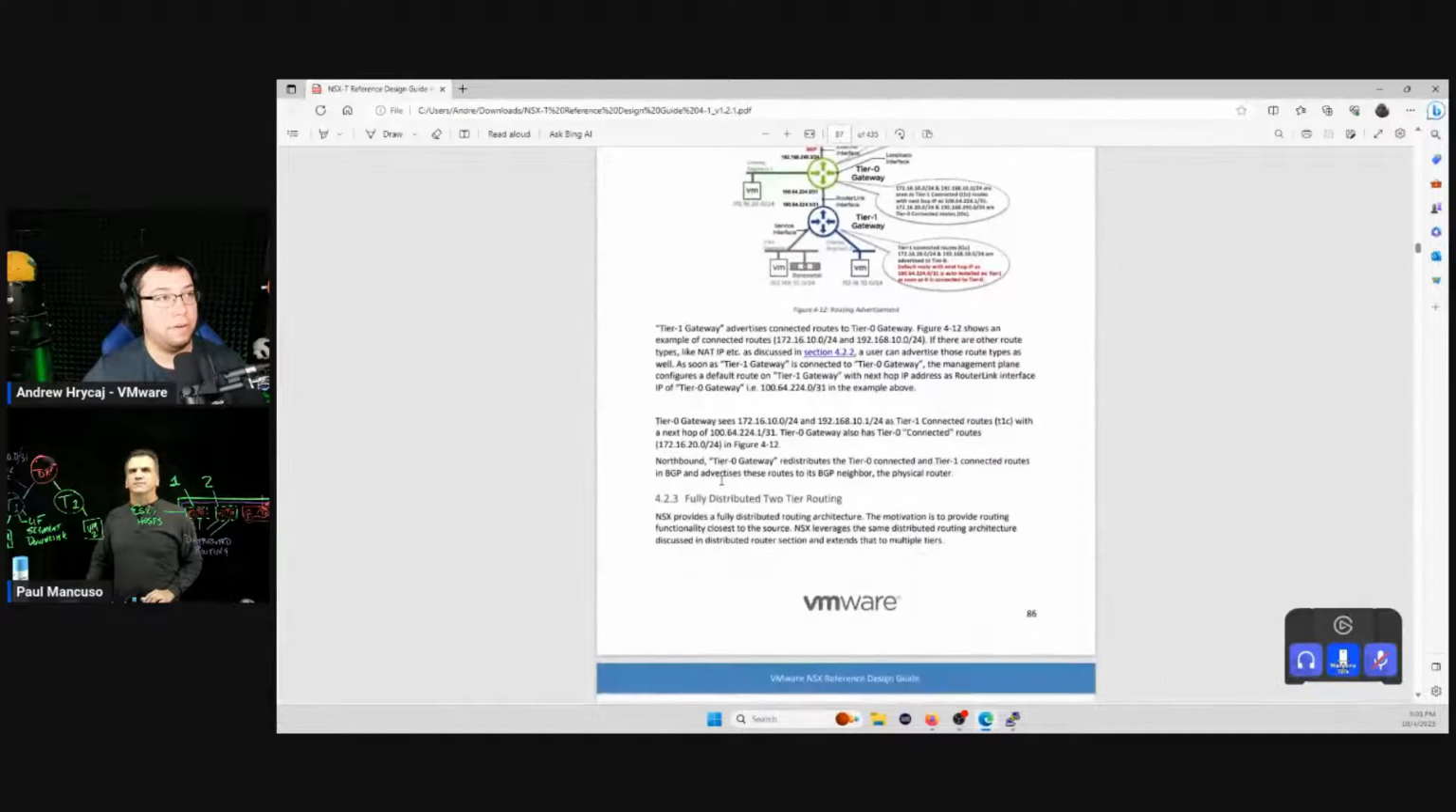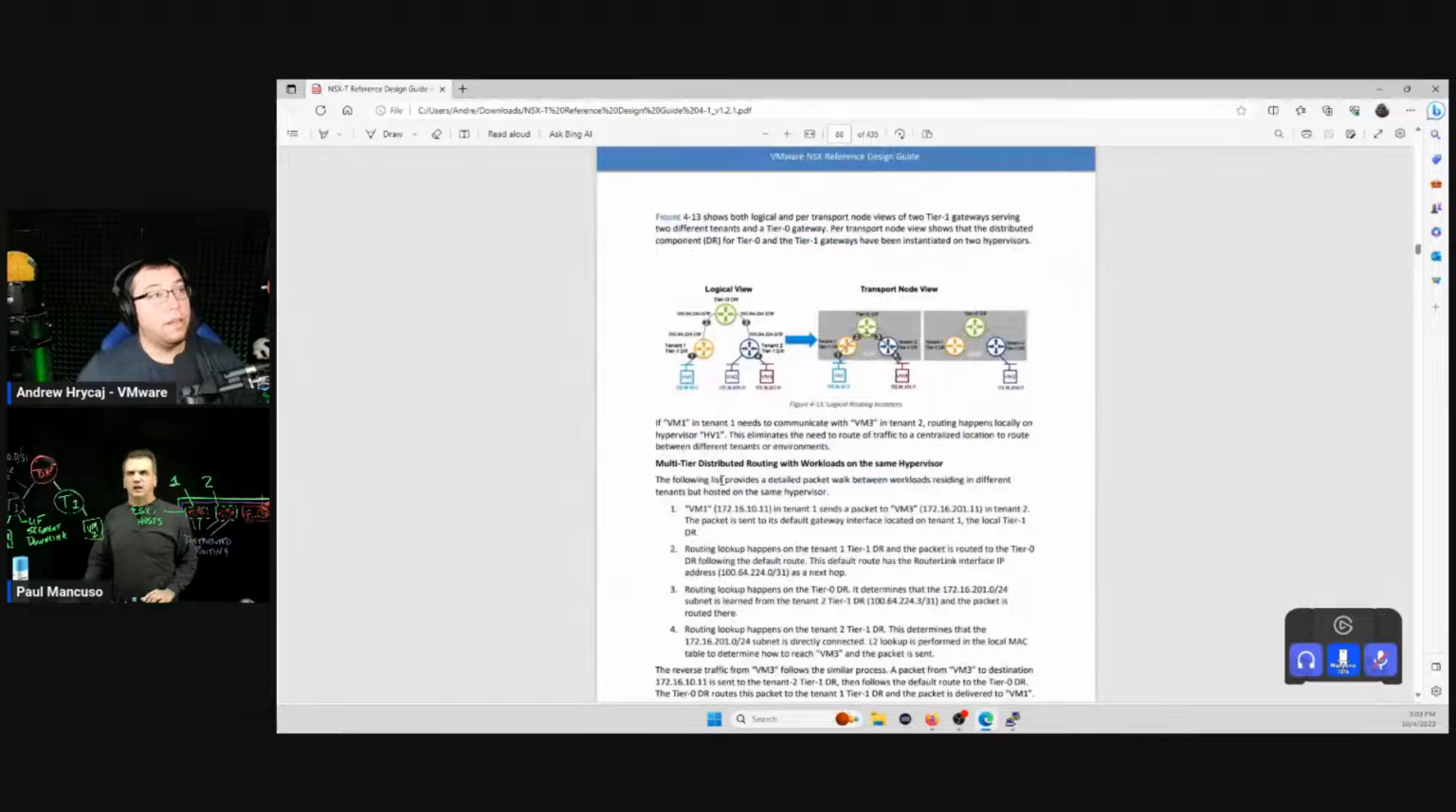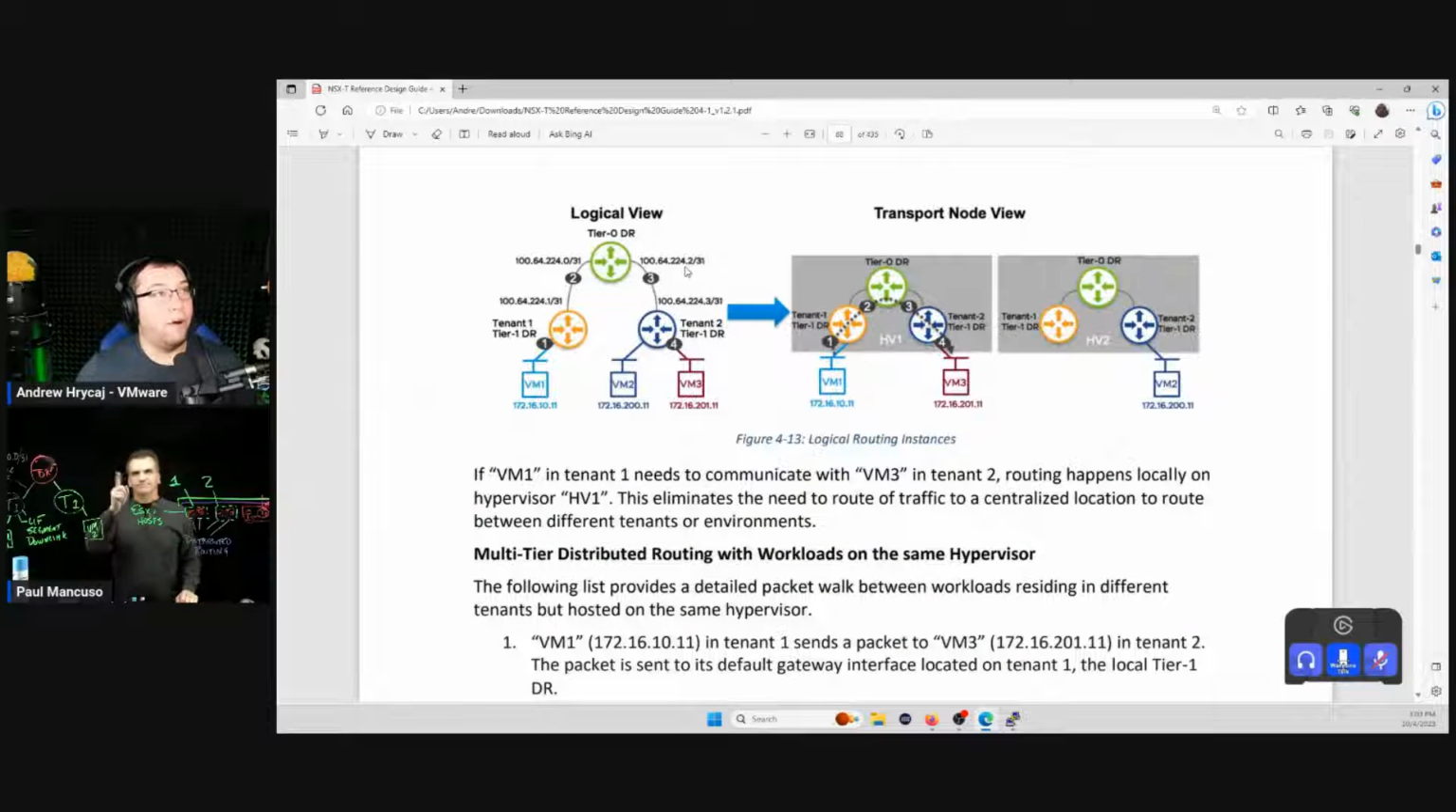No, not that one. This describes all the interfaces. This shows the logical view of what we're talking about here, how everything is put into each one of the hypervisors. So in this case, you have hypervisor 1, hypervisor 2, and you can see that in this 2-tier, the tier 0 DR and the tier 1 DR and the tenant 2 tier 1 DR all live in hypervisor 1